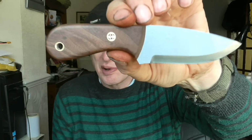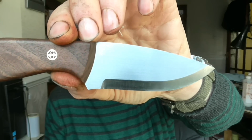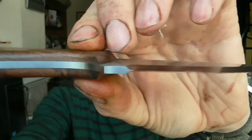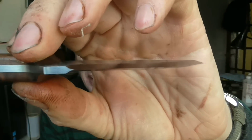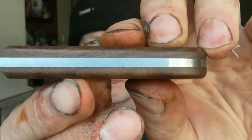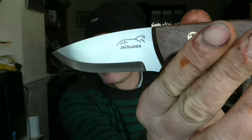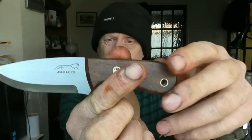They have come out so well. I'm really happy with them. You've got a mosaic pin, fantastic wood to metal fit. There's miniature Jacklores, really, which is what they are, of course. And the wood on these two